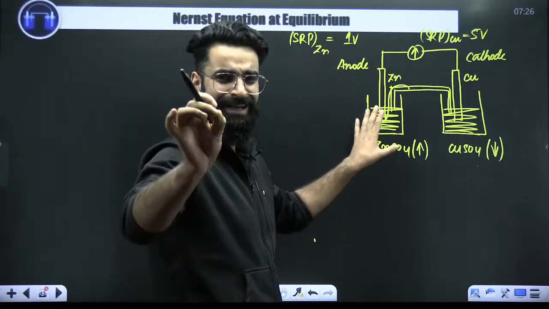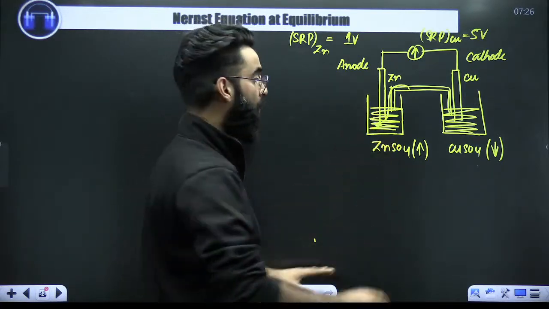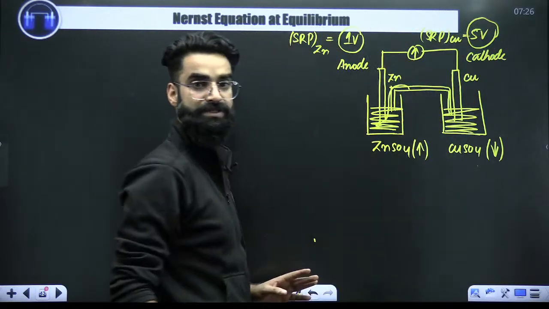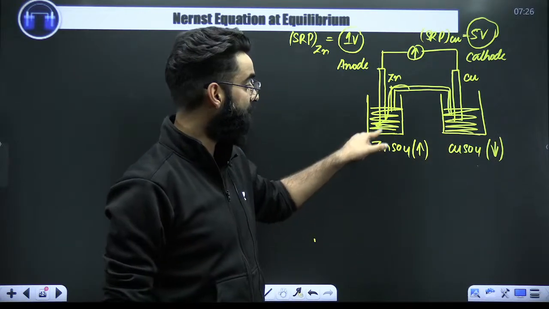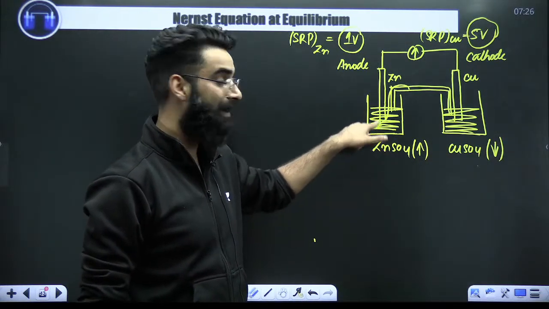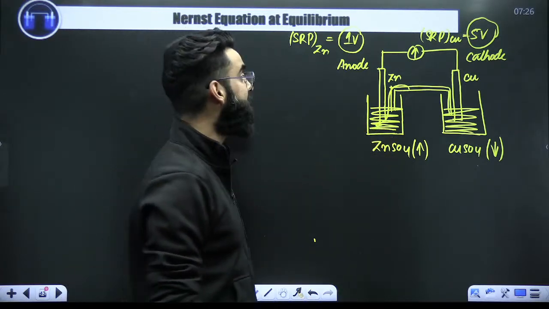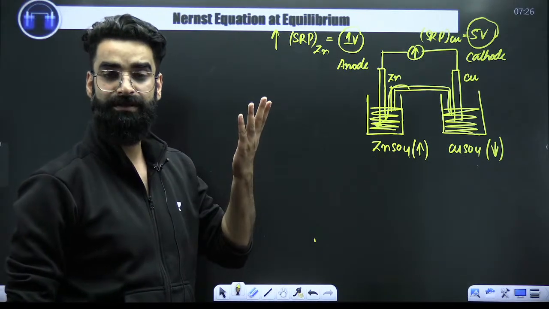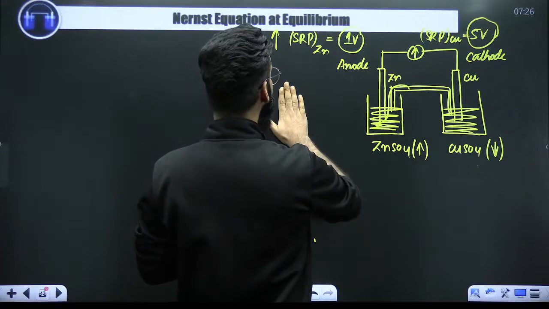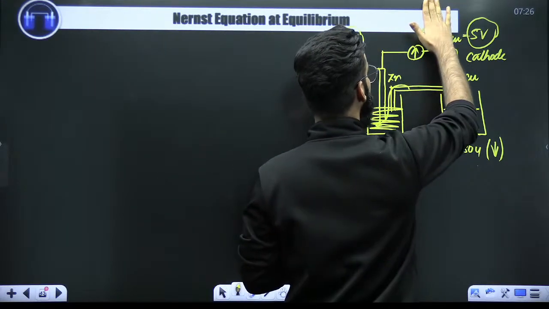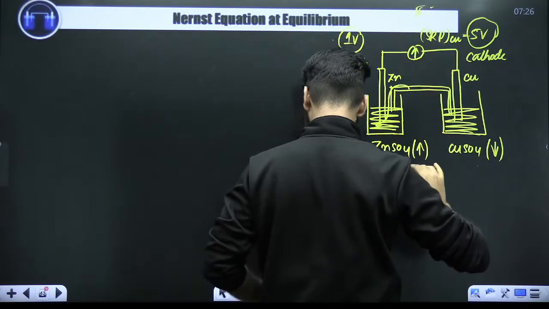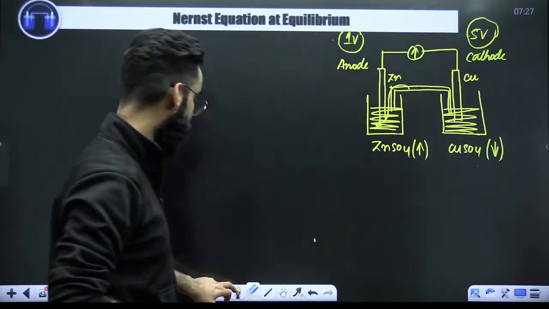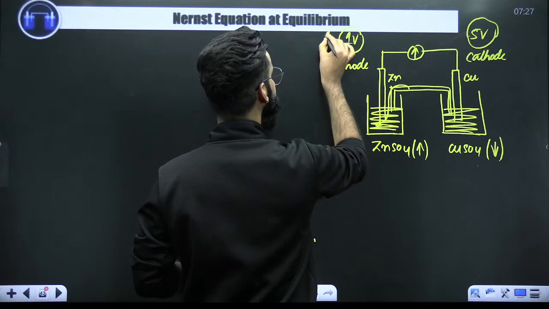So my dear students, initially, the arbitrary value which I gave you, what was the reduction potential of zinc? That was 1 volt. What was the reduction potential of copper? That was, for example, 5 volts. Now when the cell starts working, the concentration of electrolyte here increases. If the concentration of electrolyte increases in the left container, I would say the reduction potential of zinc will start to increase, right? The reduction potential of zinc will start to increase when the cell starts working. So earlier it was 1 volt, now it will increase with time.